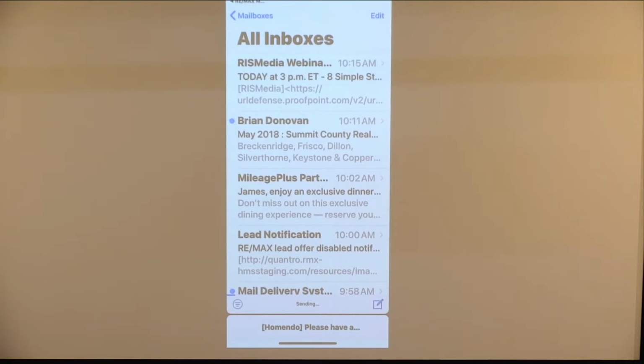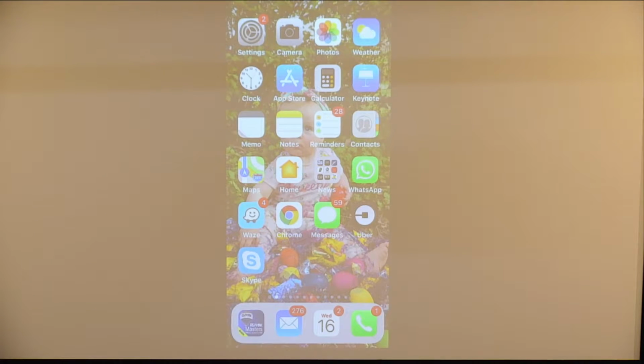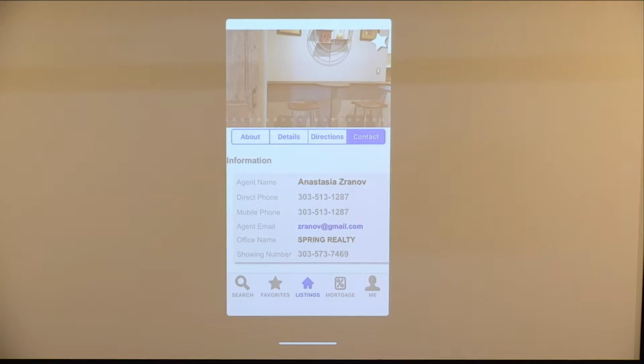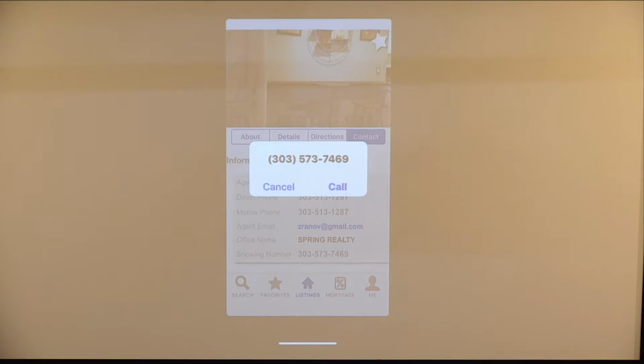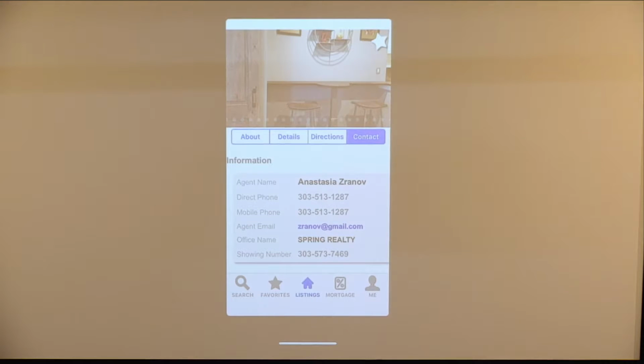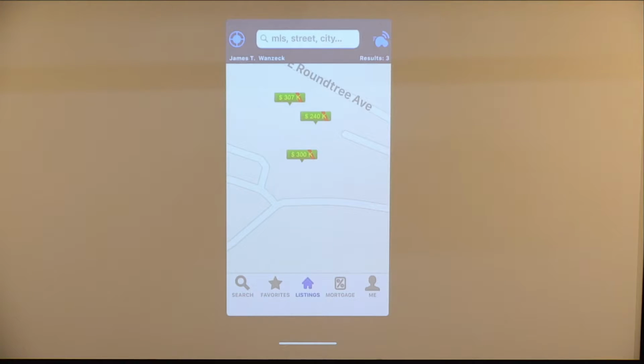Okay? So I got to come back to my program. And I also can call CSS immediately and call them instead of showing. So if I'm driving around, I see that house, it gives me the ability to only have the data in one place as an agent, rather than having to go to different places. And remember, it has all those MLSs in there. Okay? So moving on from your list,